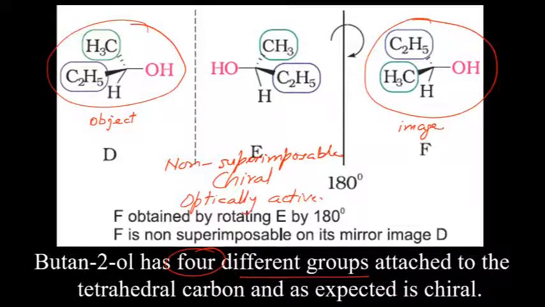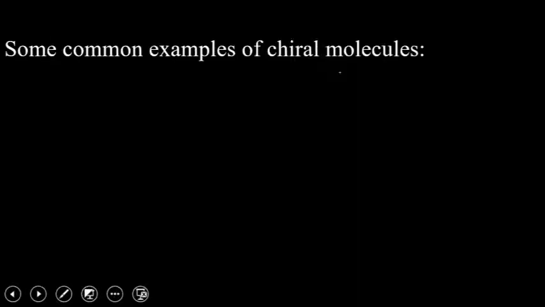Yes, Shashwat. All the groups on the carbon are different. So chiral. So this is just an explanation diagrammatically. Otherwise, you just need to remember the concept. Chiral carbon means all four different substituent groups on that carbon. And this is a condition for the compound to show optical isomerism. Chirality is a condition for optical isomerism.